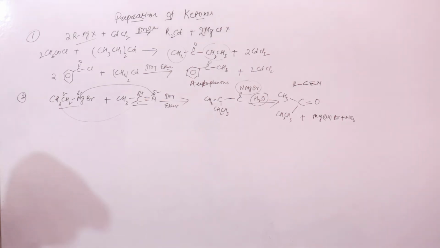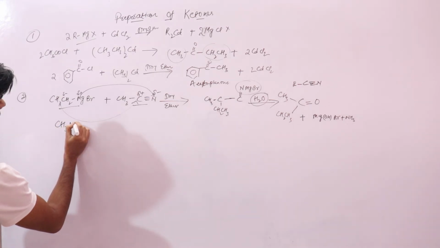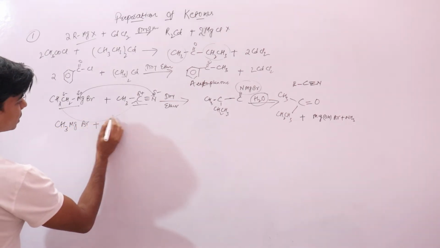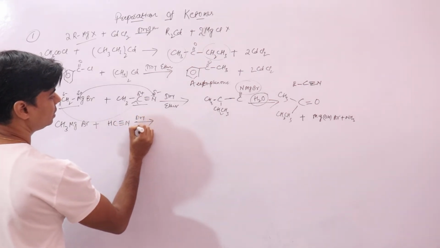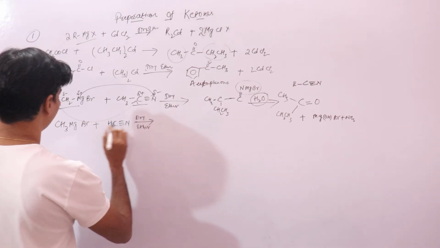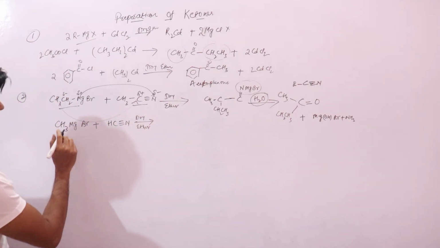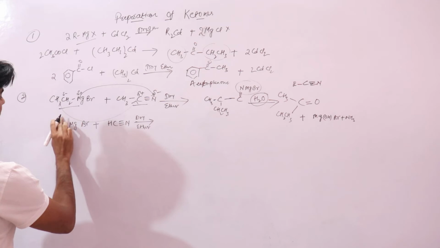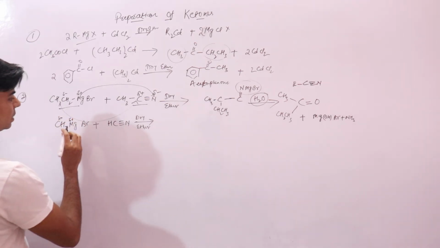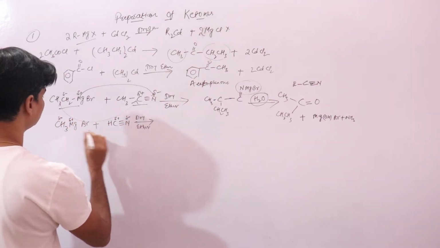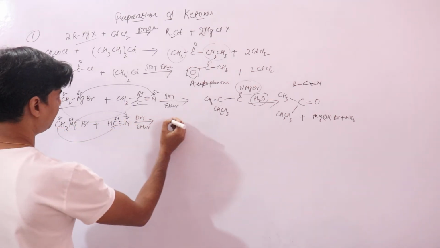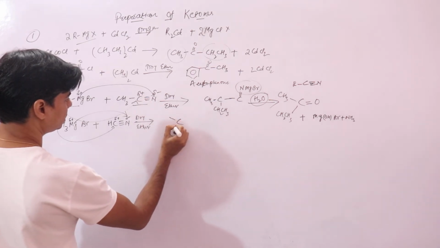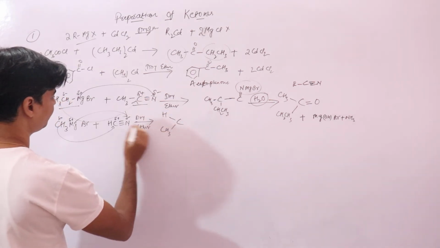Now if you take CH3MgBr plus HCN in presence of dry ether, this is your negative, this is your plus. This is your negative, this is your plus. Now this negative will come here, and this will go to nitrogen, same as before. You get hydrogen,